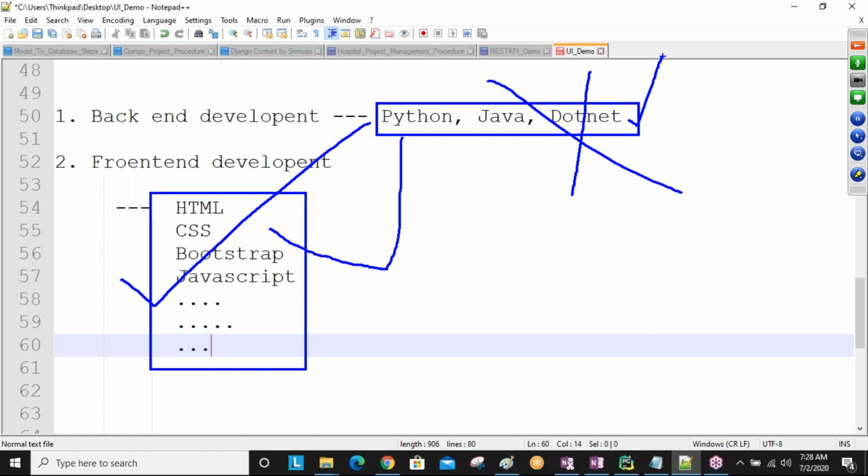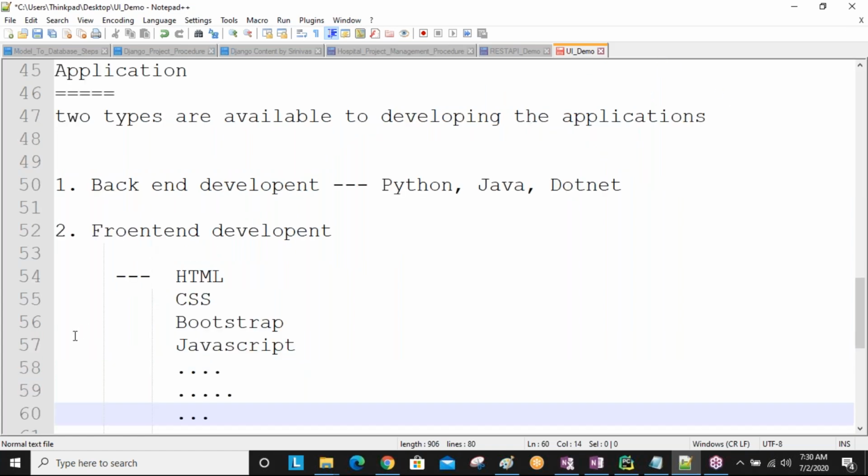That's why the UI developer's role is most important. The more beautifully you develop your application and the more easily users understand the inputs, the more people will be interested in using it.